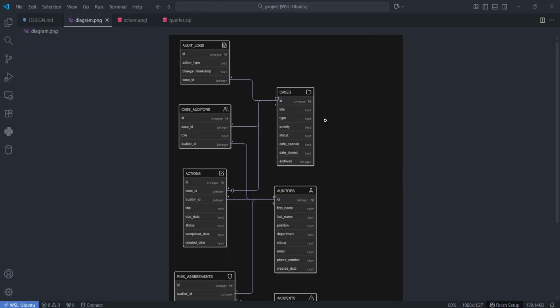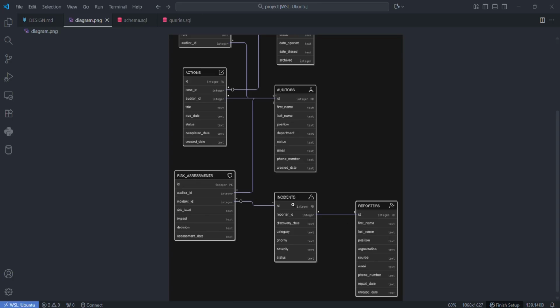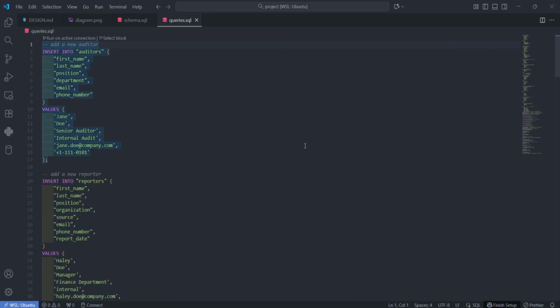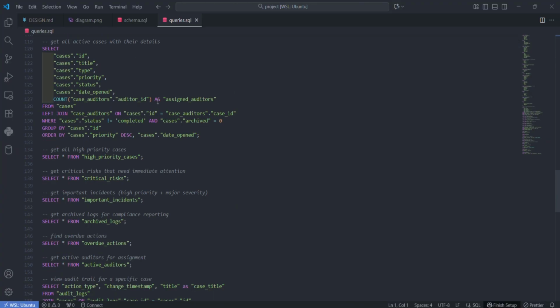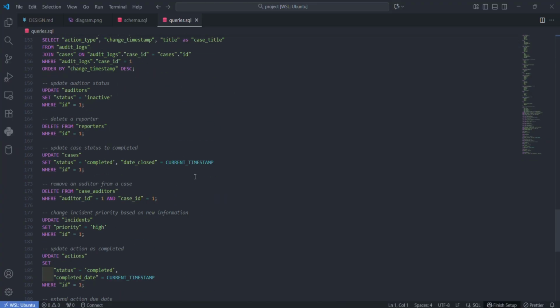This is my diagram, which documents the relationship between all of my database. These are the queries I designed for my database. Other than inserts, there are selects, updates, deletes,